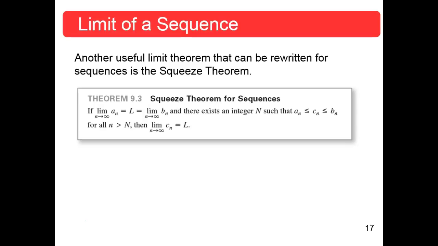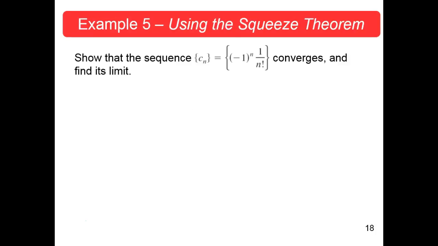But both of those are converging to L, so therefore c has to as well. The squeeze theorem. And that leads up to example 5, and I think that also leads to not enough time to do it. Also, we'll begin next time with